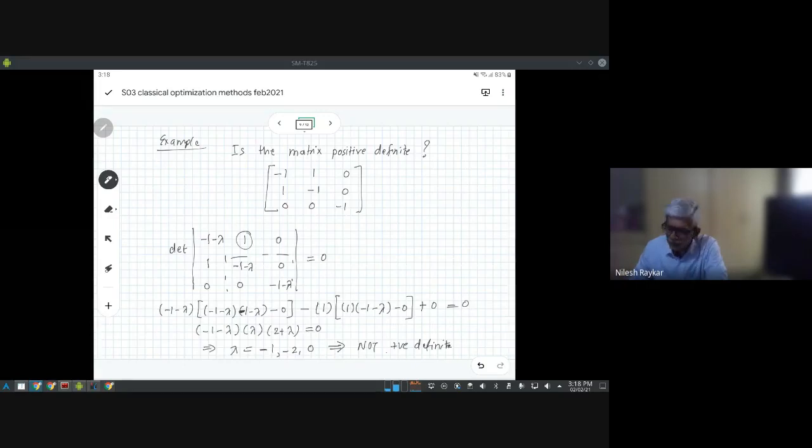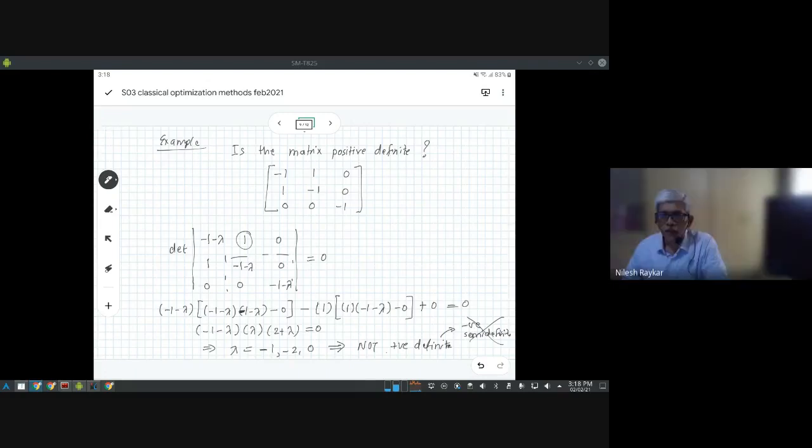For the sake of completeness, this particular form is known as negative semi-definite. So whenever you have one of the eigenvalues as 0, then it becomes semi-definite. And based on the signs of the other two, if all of the remaining are negative, then it becomes negative, and if all are positive, then it is positive. Okay, but that is not for the optimization class, that is not required.